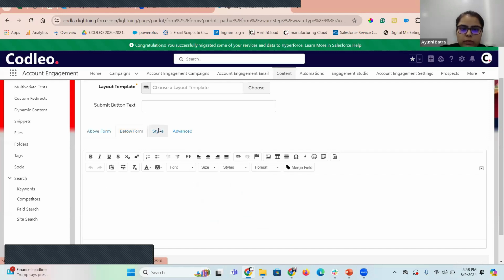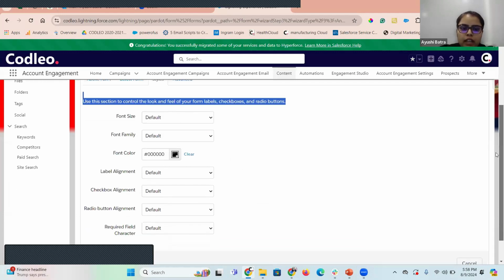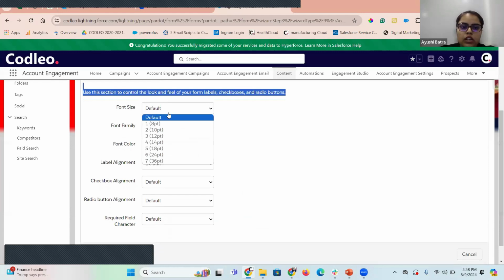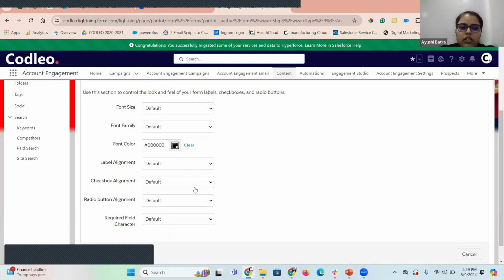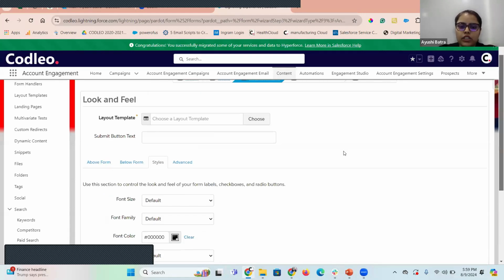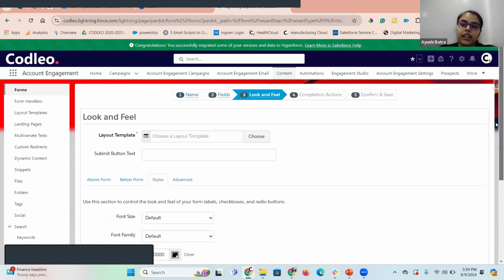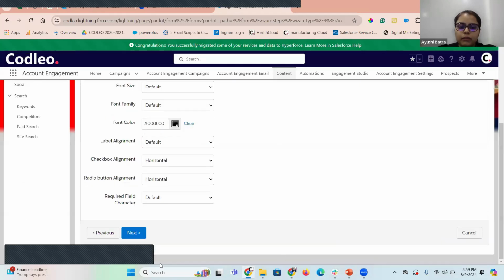Then below form styles, if you want to make any specific changes to the font size, font family, color, alignment, it's like a blank canvas and you can use your creative minds to create your forms.